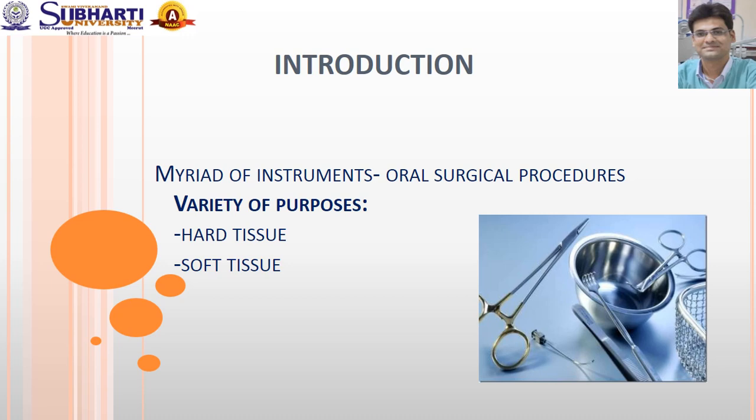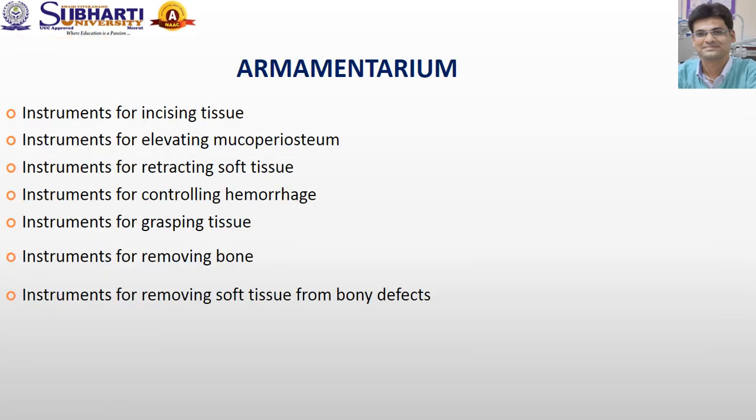There are myriads of instruments available to perform oral surgical procedures. They are used for a variety of purposes, broadly into two categories: handling hard tissue and soft tissue. There is no standard classification for armamentarium. For better understanding and simplification, I will be discussing this armamentarium according to the purpose they are used for, like